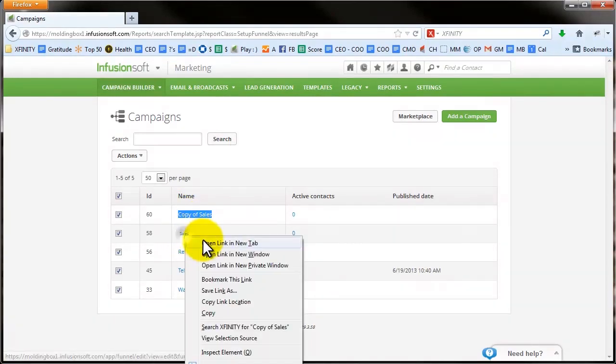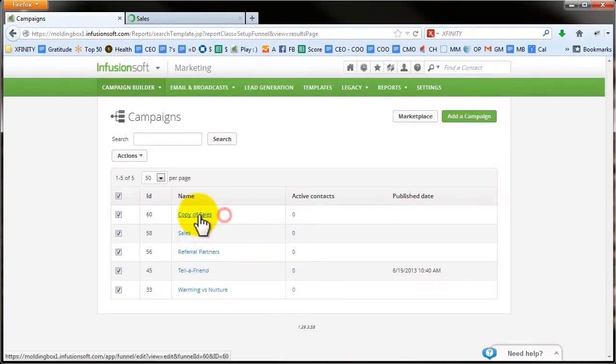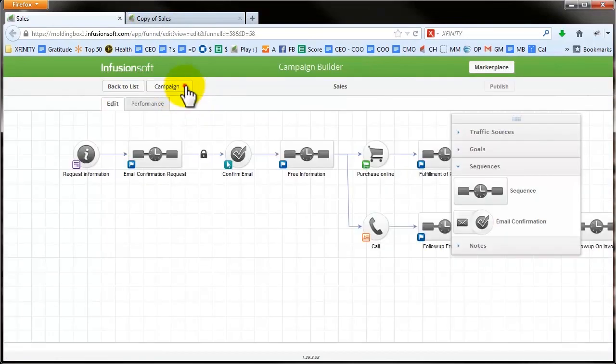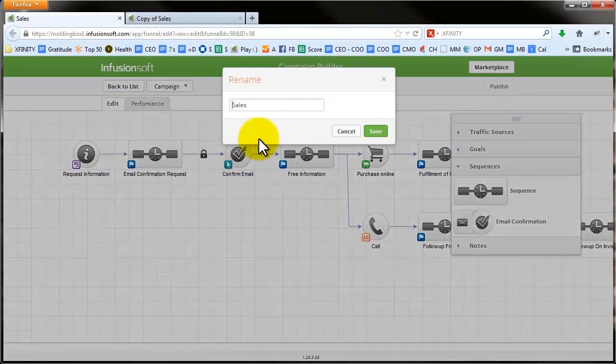So let's go into both, and let's say that sales we were going to keep as our online and copy of sales was the offline. So let's go ahead and cut out the pieces that we don't like. So here in sales, just for clarity first, we'll rename it and we'll say sales